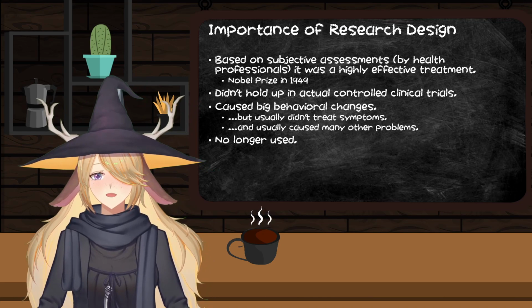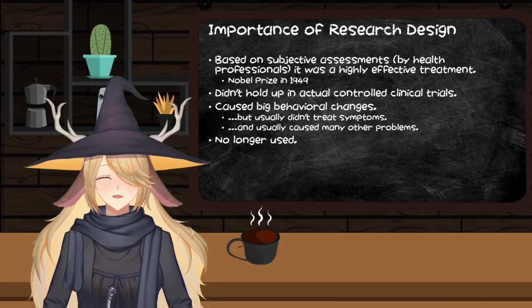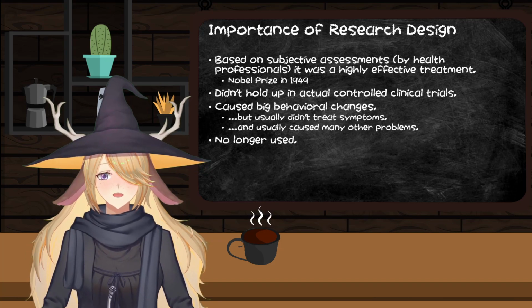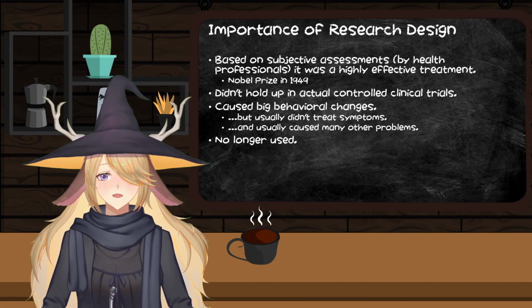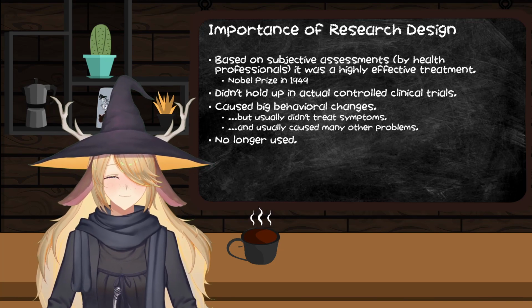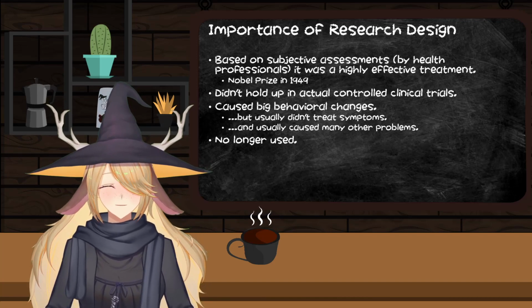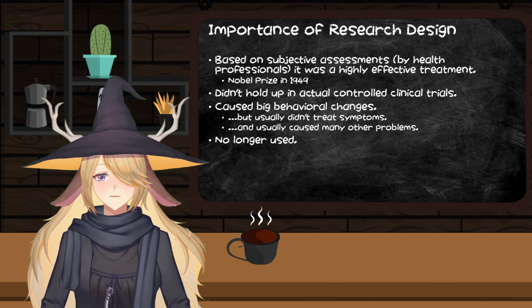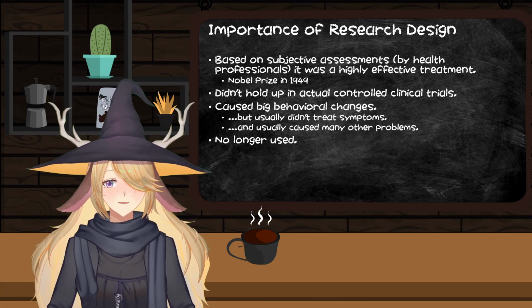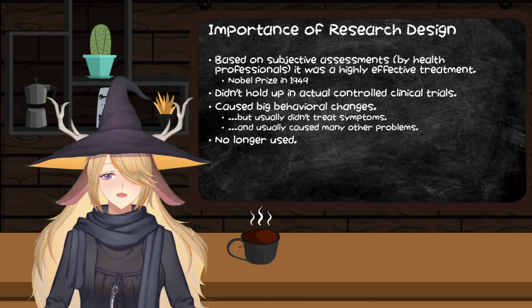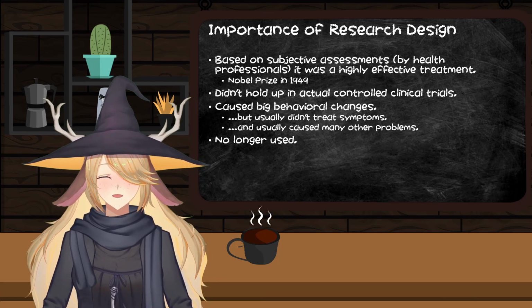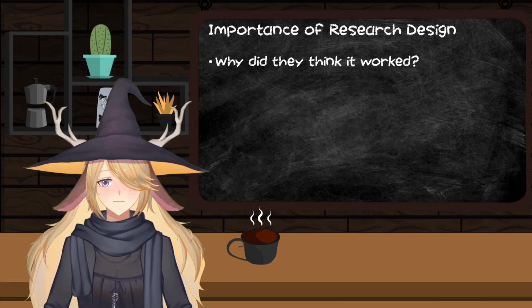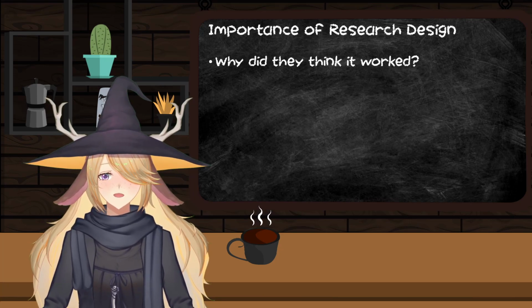So, as you can tell, the idea was you would go up and they would take a rod and go through the eye, through the nose, through the sinuses, any point of entry, and basically sever the prefrontal cortex from the rest of the brain. It's barbaric. It's egregious. I don't know how to tell people how frightening this is to me. And yet, this was considered to be, again, a wonder technique. They won a Nobel Prize for developing the prefrontal lobotomy. But why? How could they possibly think it worked?